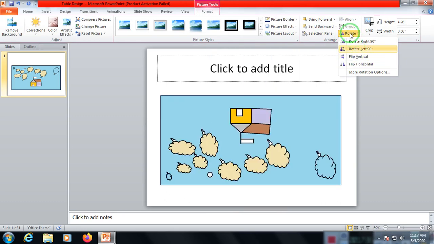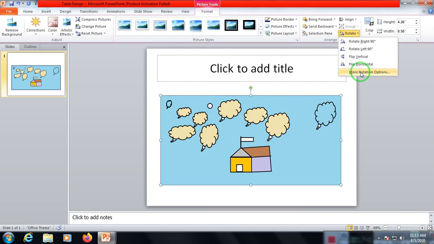So we can rotate a picture, as well as we can customize this rotation also. And then crop a picture. All of you know how to crop, it means removing a particular portion from a picture. And then we can set the height and width of a picture. So with a picture we can remove backgrounds, or we can change the backgrounds of a picture. The first thing, we can remove unwanted area. Remove background means we can remove an unwanted area from a picture.